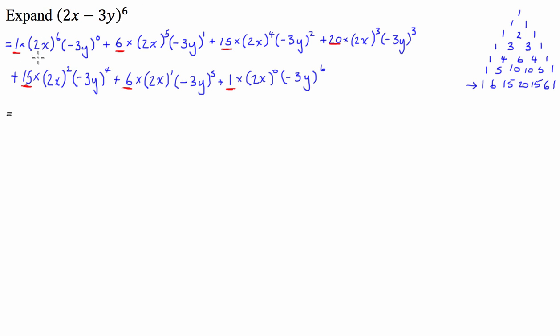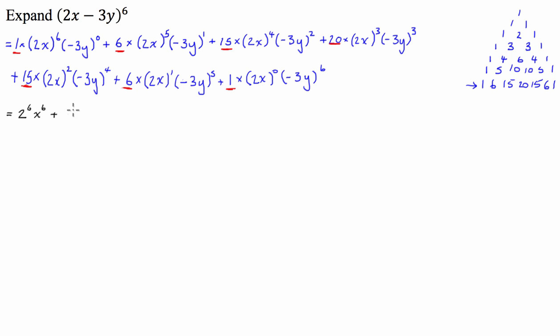So what we have here is, in the first one, 1 times 2 to the power of 6 x to the power of 6. So this is going to be equal to 2 to the power of 6 x to the power of 6. We've got negative 3 to the power of 0, so that's just going to be 1, and y to the power of 0, so that's going to be 1 as well. So we can leave these ones out. So this is then going to go to